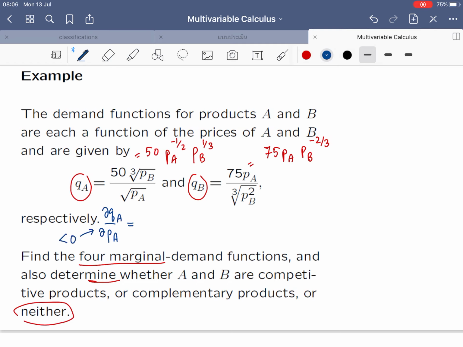Of course, this one must be negative, right? So let's see whether it is negative or not. Here your PA is a variable, and PB is a constant, so you just write down the 50 and the PB first, and then the derivative goes directly to PA raised to the power negative 1/2. So this is negative 1/2, and then PA raised to the power negative 3/2. And then you don't really need to simplify or anything,